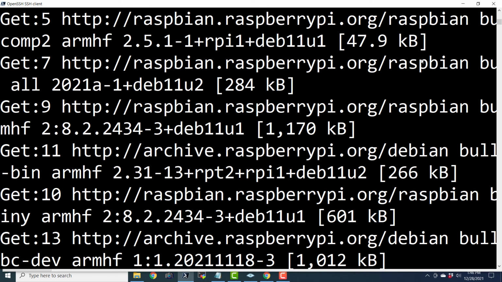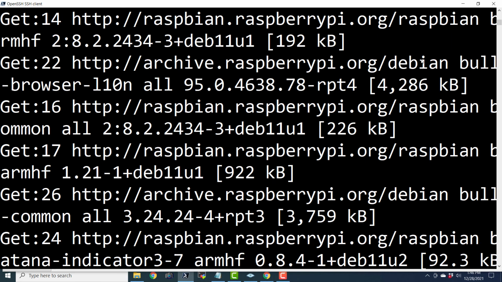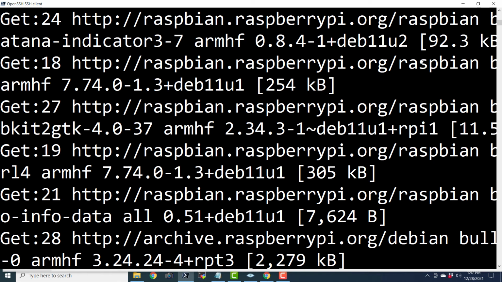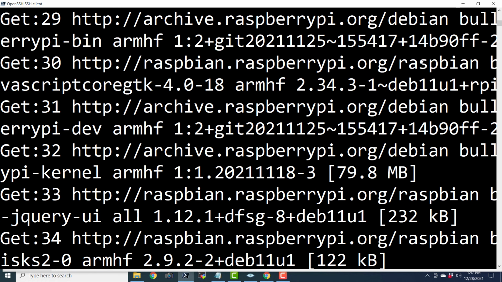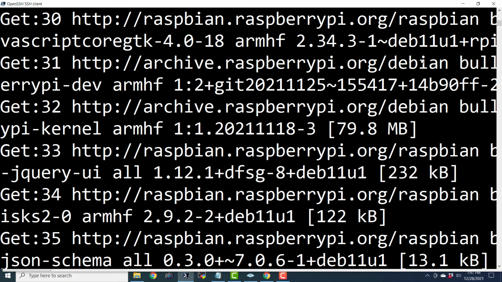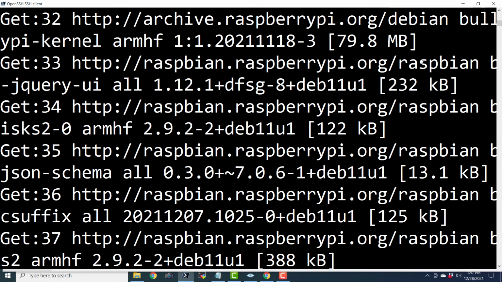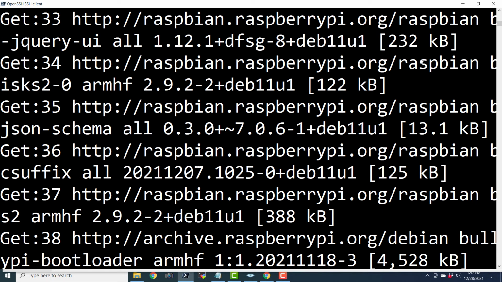So it has already started downloading and upgrading the things, and you can see actually that get command, right? So it is actually fetching all that information, and it seems that it is going to take some time for it to go ahead and upgrade the entire system. So what I'm going to do, I'm just going to go ahead and pause recording because I really don't want to have this part included in the video. It will unnecessarily increase the size of the video file, which is going to be the inconvenience to all of us. So I'm just going to go ahead and pause recording, and I will resume the recording from the point where that upgrade command has successfully been executed.